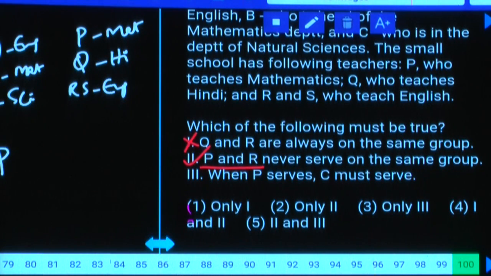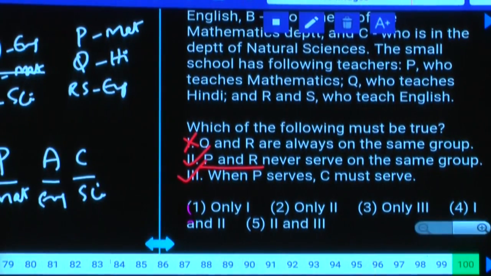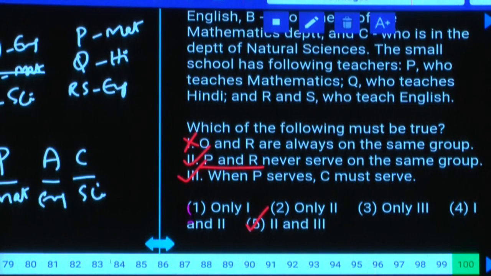Because if P serves in that committee, that person is mathematics. As a mathematics person was there, B cannot serve in that committee. As B cannot serve, A and C must serve in that committee, out of which A is English and C is science. Hence P, A and C. Hence what is your answer here? Only 2 and 3, that is choice 5. Now this is about question number 66 to 100, paper number